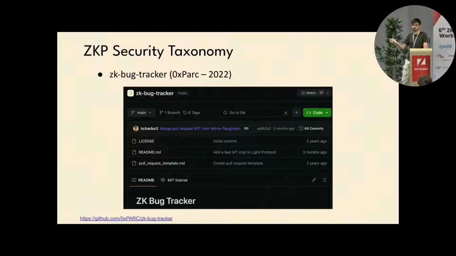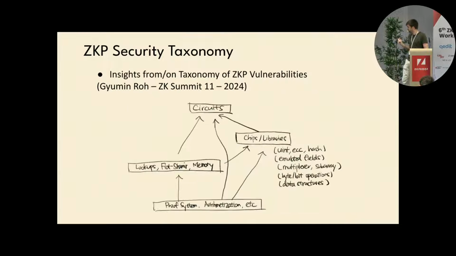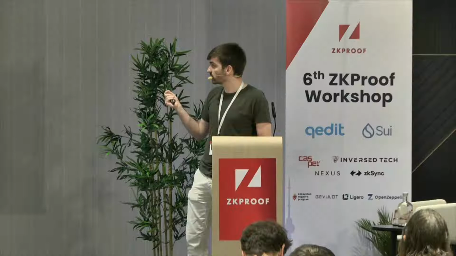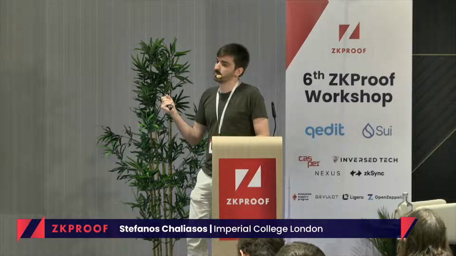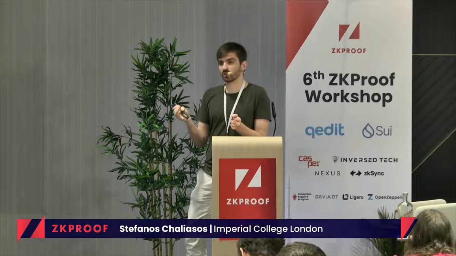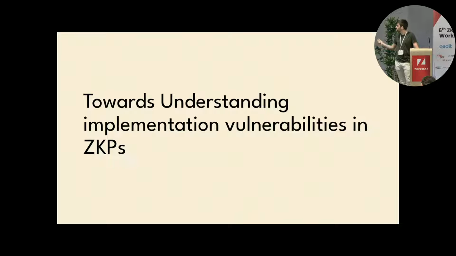which has 22 vulnerabilities by now. There was a talk in ZK Summit 7 where JP described some vulnerabilities. And then this year there was a real nice talk in ZK Summit 11 where Yumin basically gave a presentation of how we can onboard Web3 auditors to audit ZKP protocols, and I really recommend all those presentations and the bug tracker. So what we try to do is to better understand